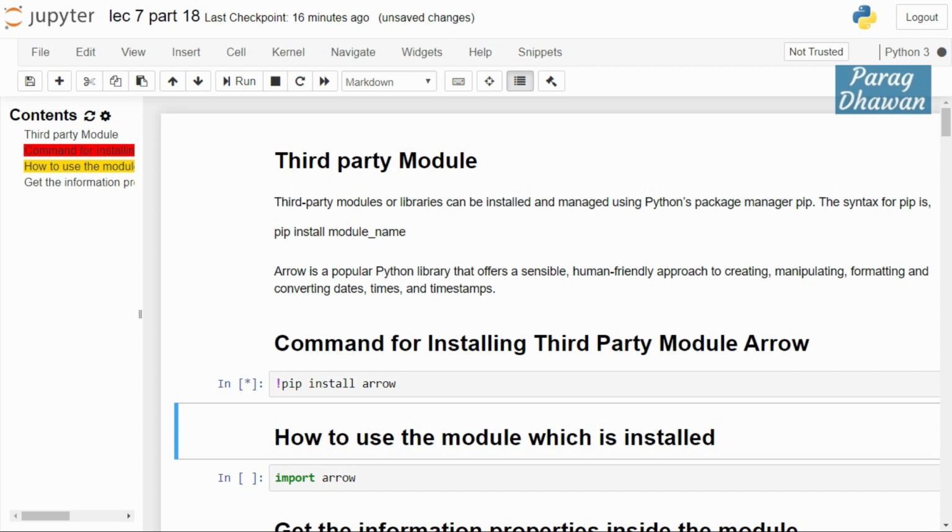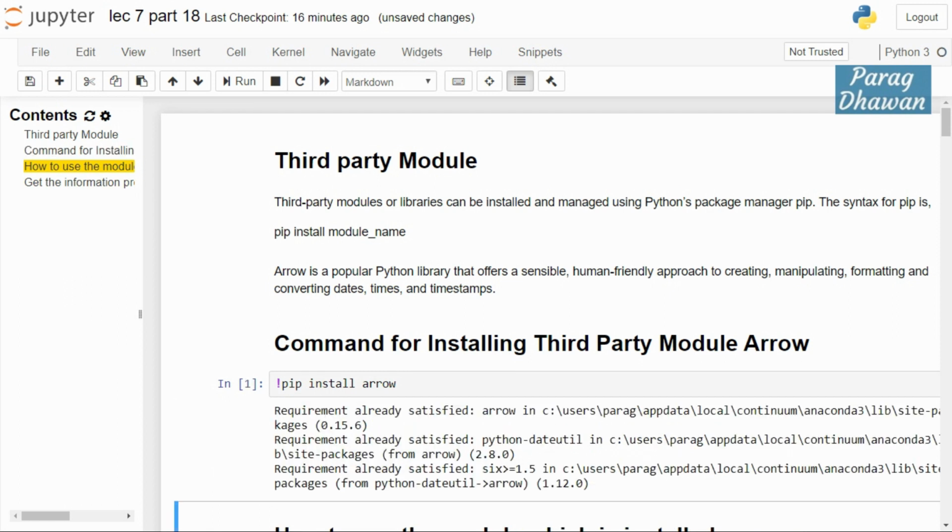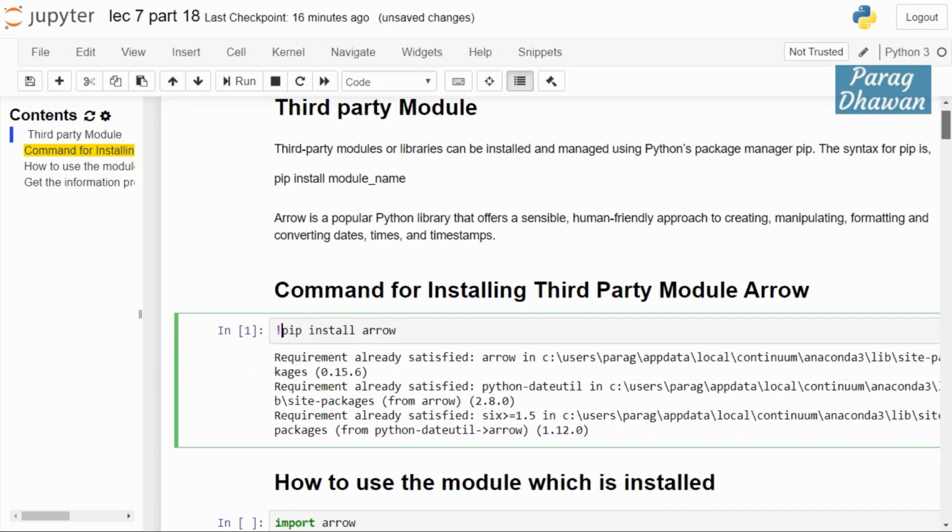It takes some time and it will show you a message that the module is already installed because I installed it previously. In your case, this output will be different, but the module will be installed. In this case, you are directly running a shell command inside your notebook, wherein you have preceded the command by an exclamation sign, meaning you are running the shell command inside the Jupyter notebook itself.